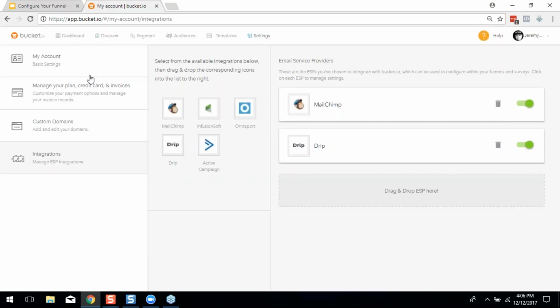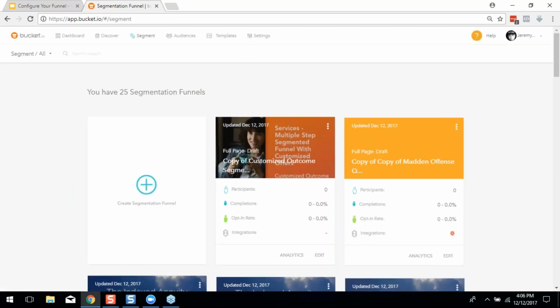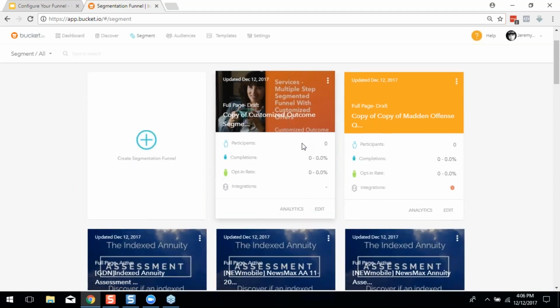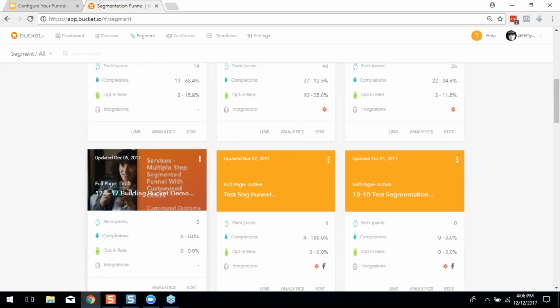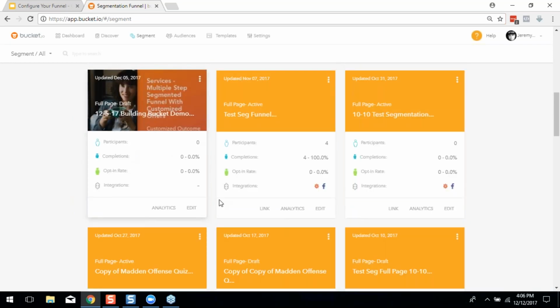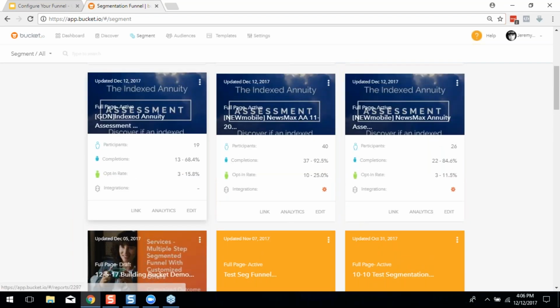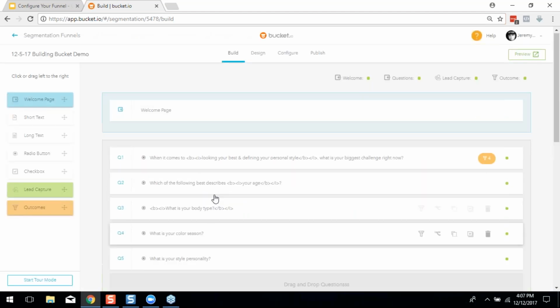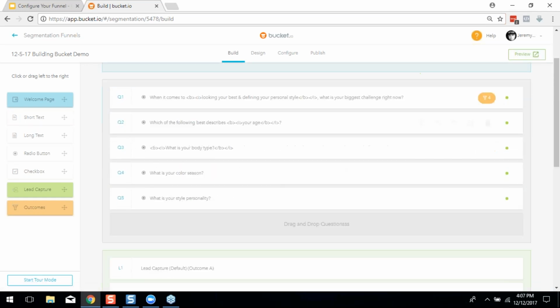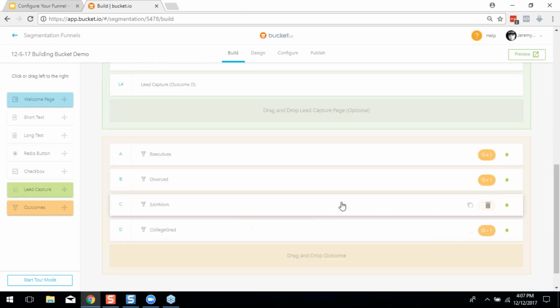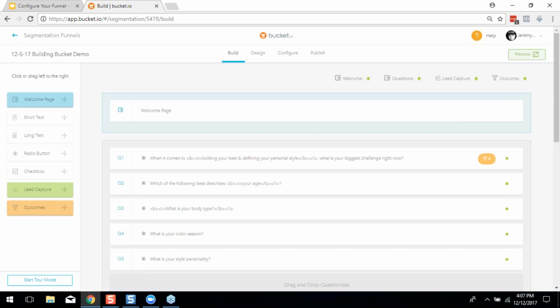All right, so let's jump back over to our funnel. I'm going to go back to segment, and I'm going to grab the funnel that we created the other day, which was the 12/5/2017 building bucket demo, right? Remember that? This is why we name these things in ways that make it easy to find. And I'm going to click edit. And so remember, we built this. We used a template to build out this short multi-lead capture, multi-outcome segmentation funnel,